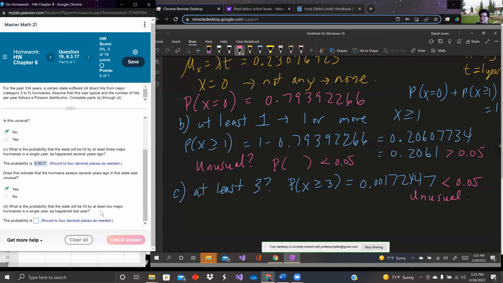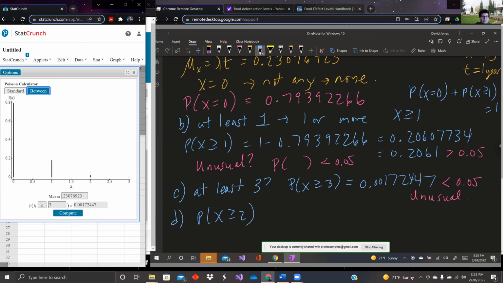At least 2 major curve. Okay, so D is asking us the same thing, but for the next value. So let's just do it real quick. Make sure there's nothing sneaky in this problem. As happened last year. I don't know when this was recorded or this book was written, but we're getting 0.022864442